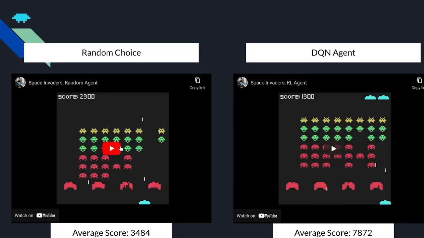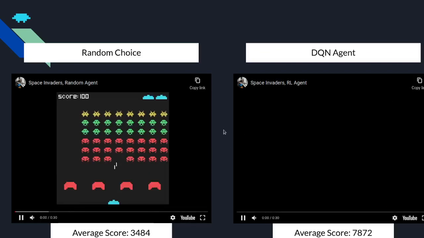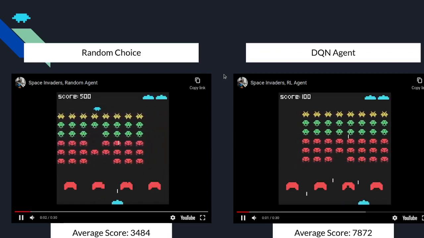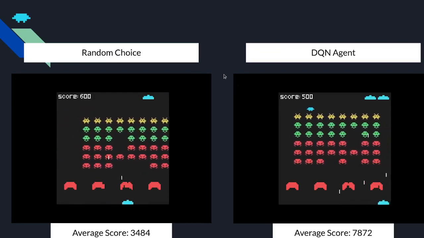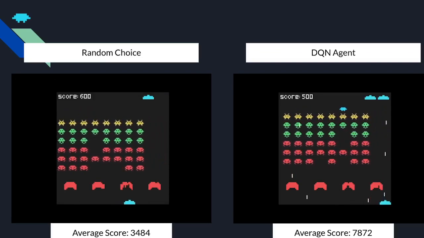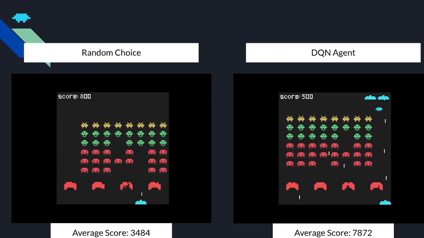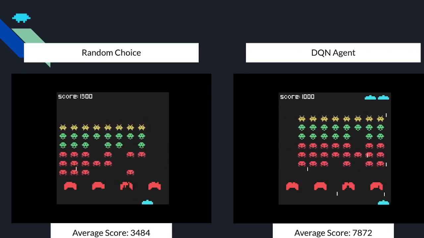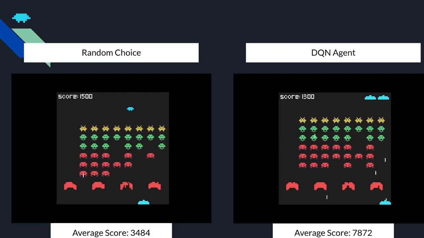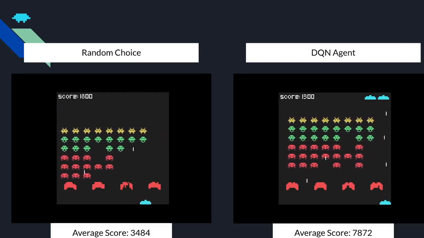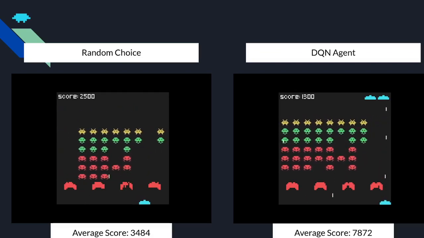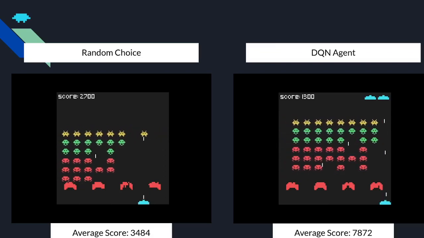So I have a couple of videos here. On the left we have an agent that's just using random choice to pick its actions, and on the right we have our DQN agent, which has kind of found an optimal strategy. So I'll play these for you. And we can see the random choice is just kind of moving back and forth, shooting at random. It's definitely not very consistent. On the right, with our agent, the agent has found a very good strategy of hanging out on the right side where it can kind of avoid fire and return fire from safety,